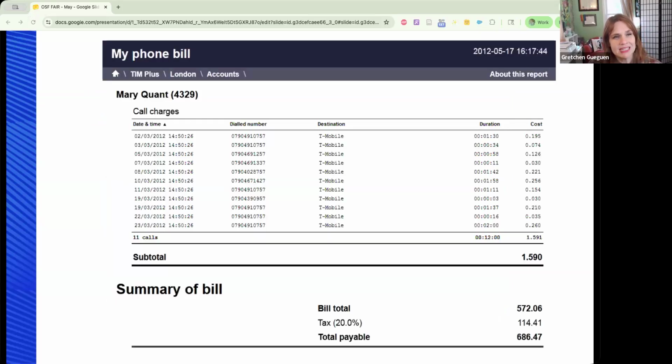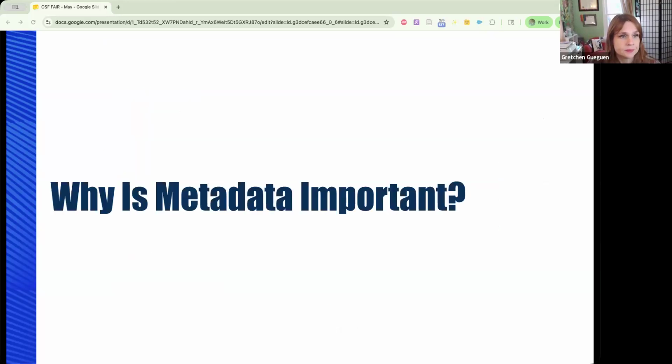Sometimes the line between metadata and data is blurry, and it depends on the research question you're asking. So in this case, I have a call log on a phone bill. On the one hand, this is metadata about the calls that were made. But in another case, the log itself might be data that we're looking for if we're analyzing call trends across a population. So data and metadata can be somewhat fuzzy of a boundary, and it depends to some extent on the question you're trying to ask.